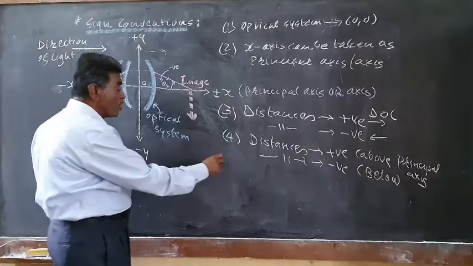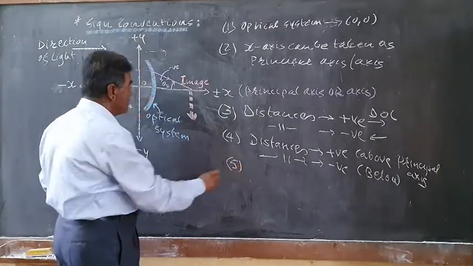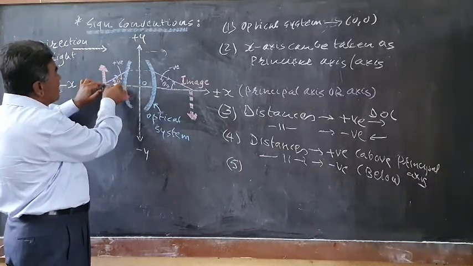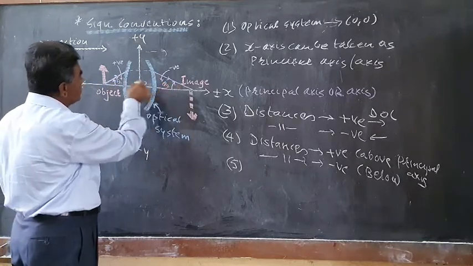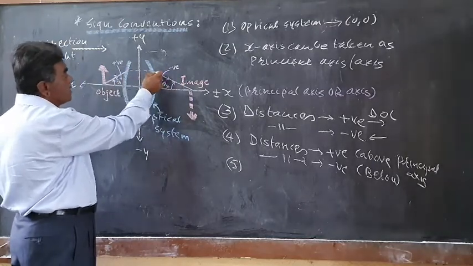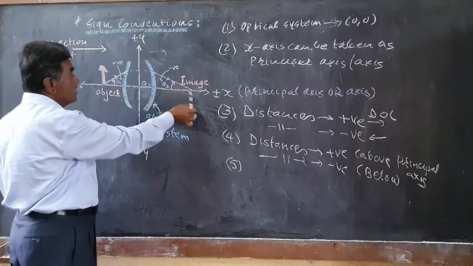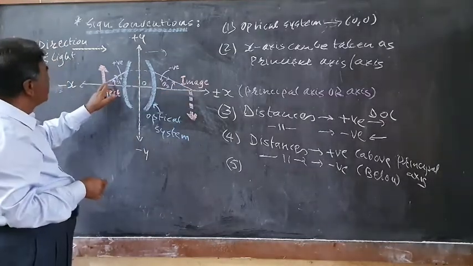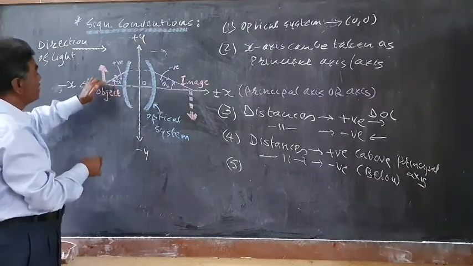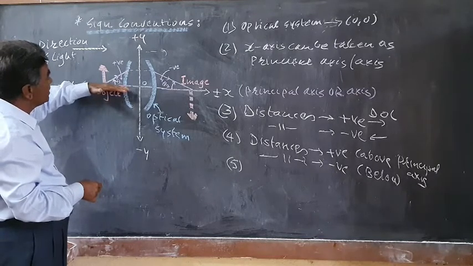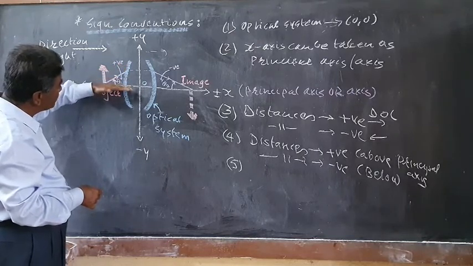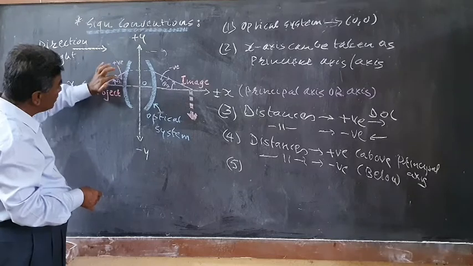Now the fifth one is the sign convention for the angle. We have considered one ray making an angle theta 1 with the axis, and this is theta 2, these are acute angles. This is the incident ray, and this is its refracted ray. Here is the object, and here we are getting the image. The axis, the principal axis, is rotated through an acute angle to make it coincide with the ray, so it can be rotated like this up to here, and we get theta.